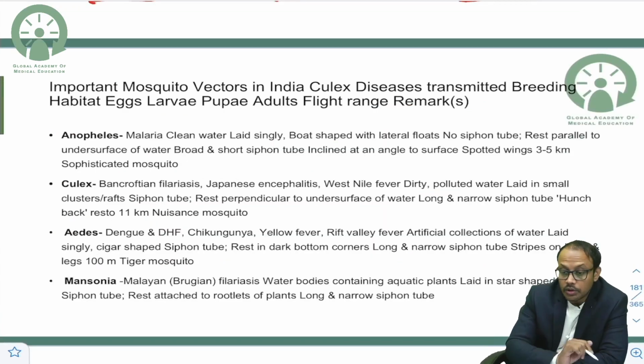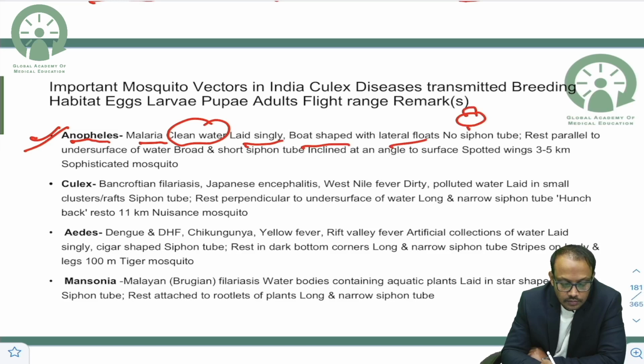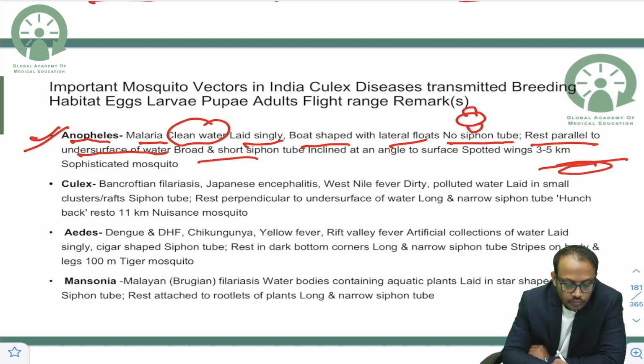Now coming on to the mosquitoes which are very important to us, medical importance. We can see that malaria is transmitted by the Anopheles mosquito, which breeds in clean water. Singly laid eggs are boat shaped with lateral floats. Eggs are like that. No siphon tube is present in the larva. It rests parallel to the undersurface of water. This larva is like that. Okay, broad siphon tube, inclined at an angle